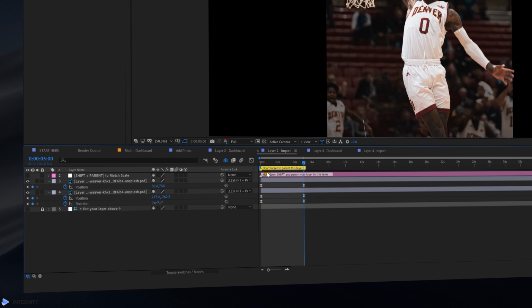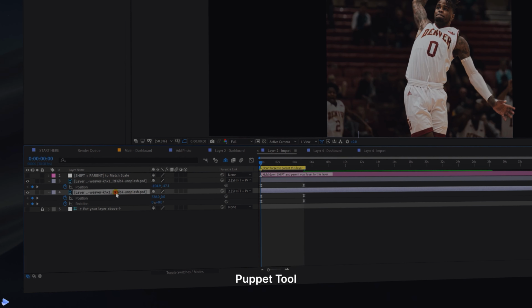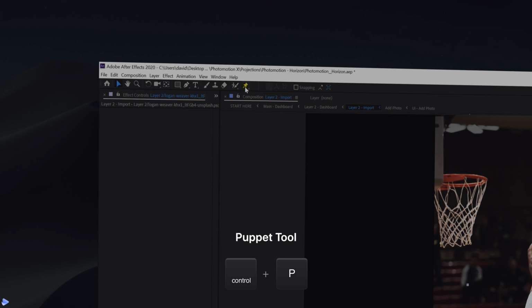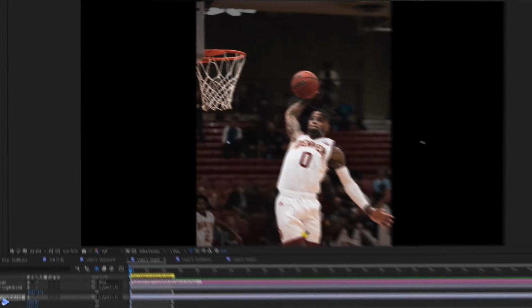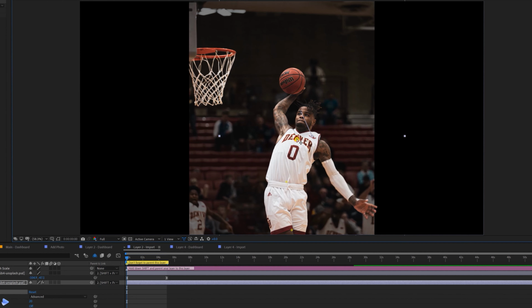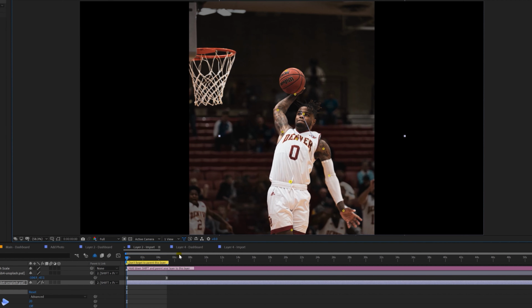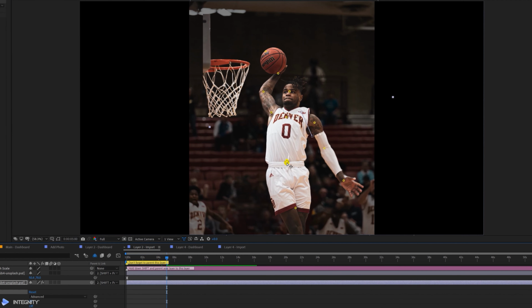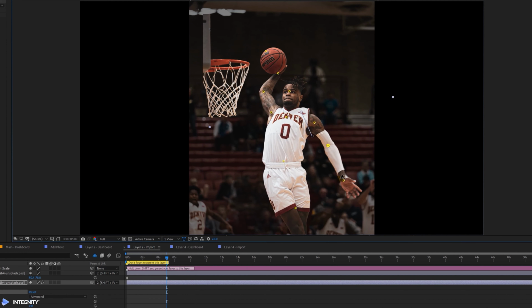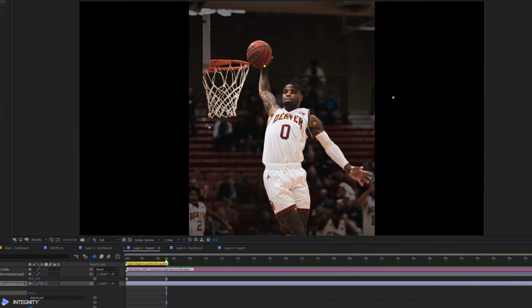Okay, so now on to creating some of these puppet points. Bring your needle to the very beginning of the timeline, and then with only the player's layer selected, click on the puppet tool just up here, and then start creating some of these points along where there are places of connections. So say for example the legs over here, the torso, the shoulders, and the arms, head, and ball. Okay, so we're also going to change this image ever so slightly at the very beginning. We'll then move our needle to the 5 seconds point and create some more exaggerated movement, but still nothing too big. More often than not, subtlety is the best way to go.